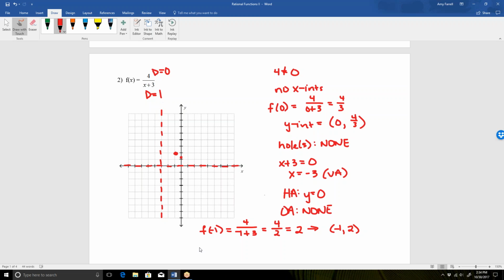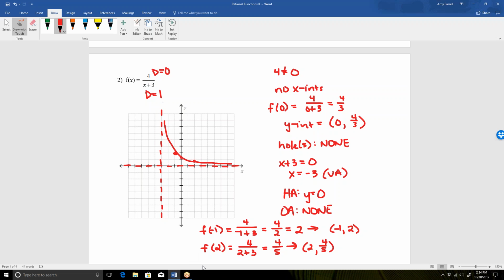Maybe I'll pick an x over here. Maybe I'll find f of 1 or 2. It's just going to keep getting smaller and smaller. Maybe I'll show you f of 2. So f of 2 would be 4 over 2 plus 3. That would be 4 over 5. So that means that the point (2, 4/5) is on the graph. 4/5 is the same thing as 0.8. So that's probably enough to see the shape